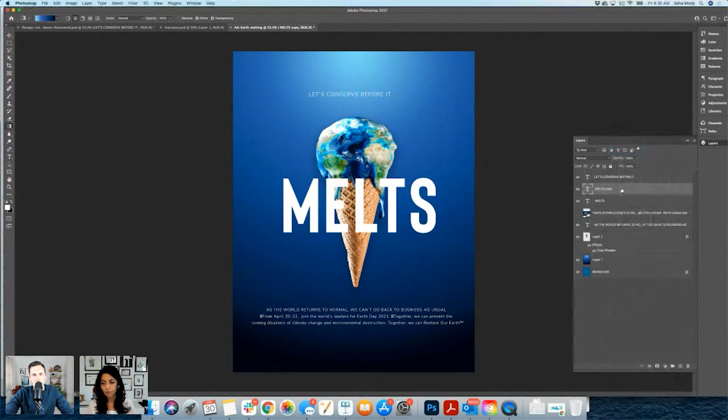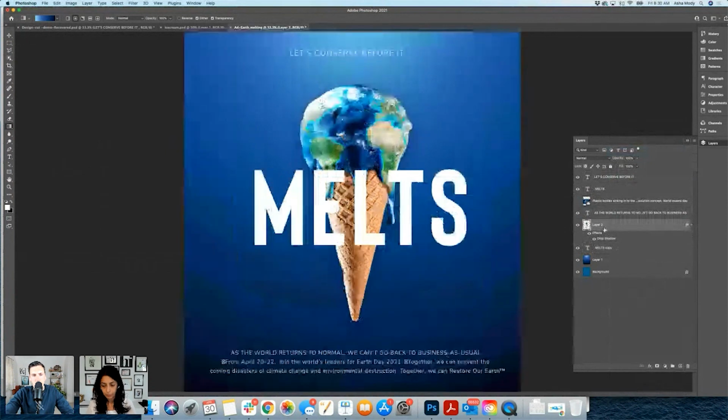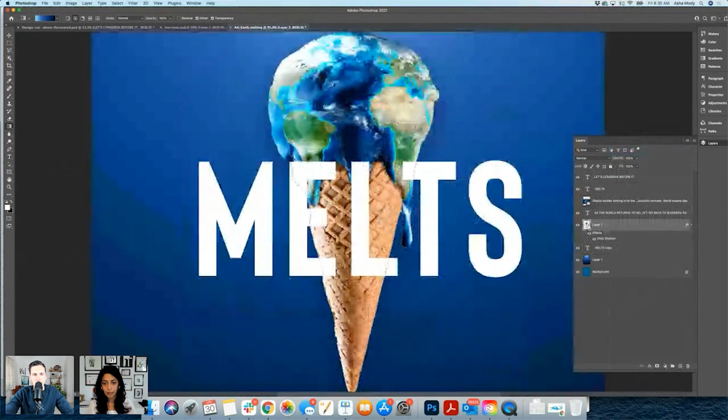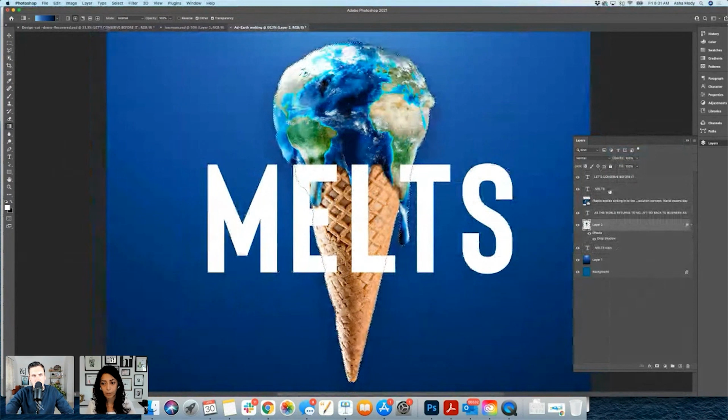And maybe this layer can go down. I'm zooming out. I'm pressing Command and clicking on the small icon in the layer, so it creates, if you see, a selection particularly for that object. And I'm going through the melt word and giving the mask effect to it, because I want something, if you see, and my favorite brush tool, I will take it and I'm thinking to mask it out.